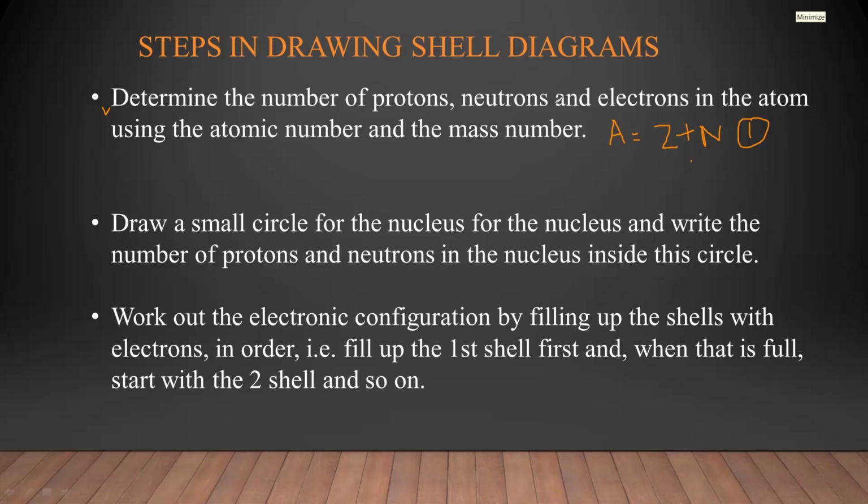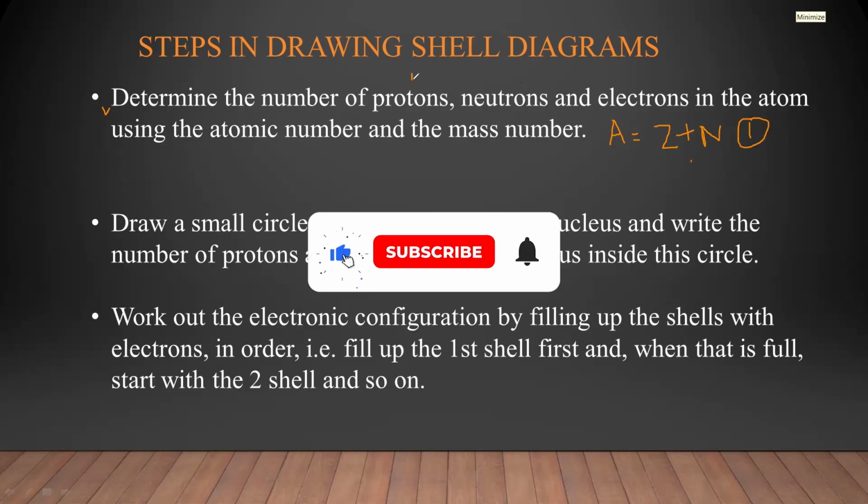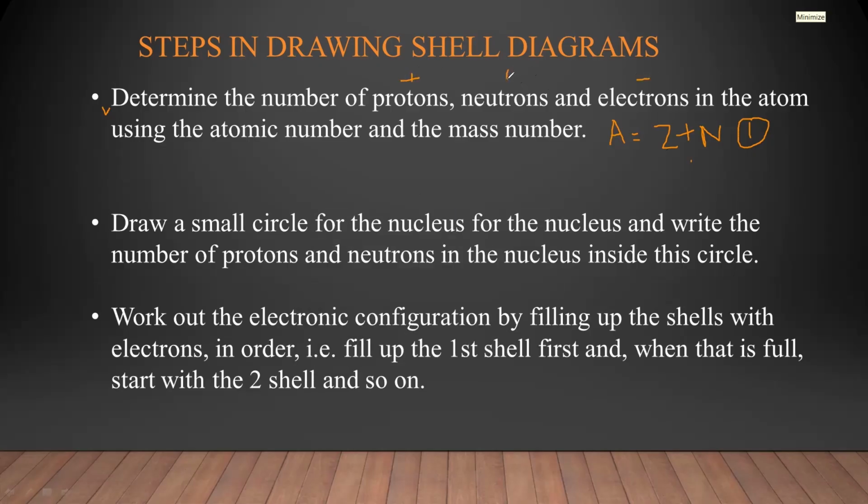Both of them are equal. Remember, the charge on protons is positive, the charge on electrons negative, and the charge on neutrons neutral. So both these two will contribute to the overall charge. So once they're equal, both of the charges are going to cancel out each other, which is going to make the overall charge on the atom